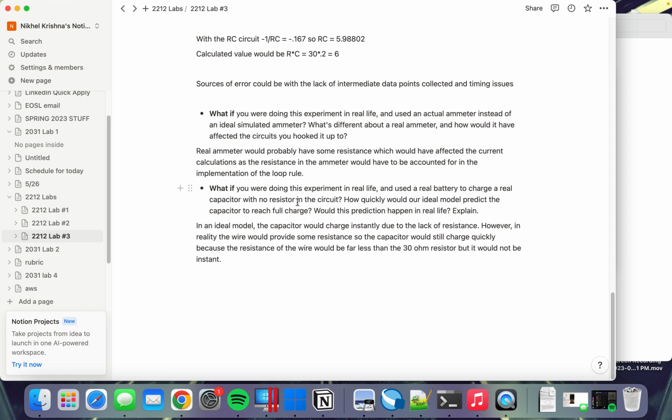And in real life, the capacitor would charge instantly due to a lack of resistance, but in reality, the wire would provide resistance in the circuit,